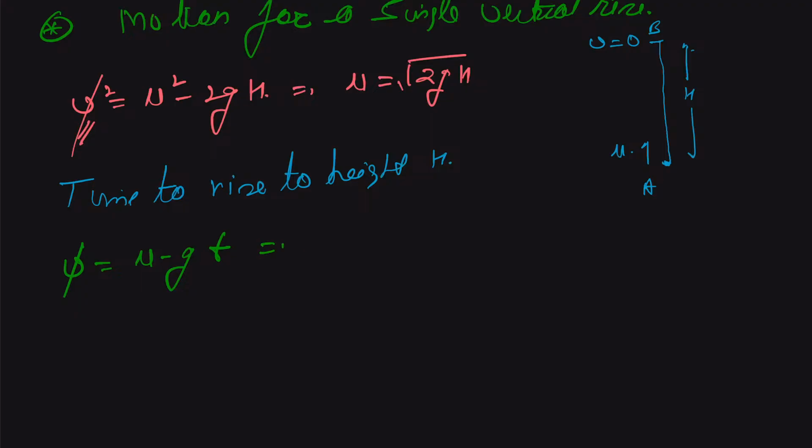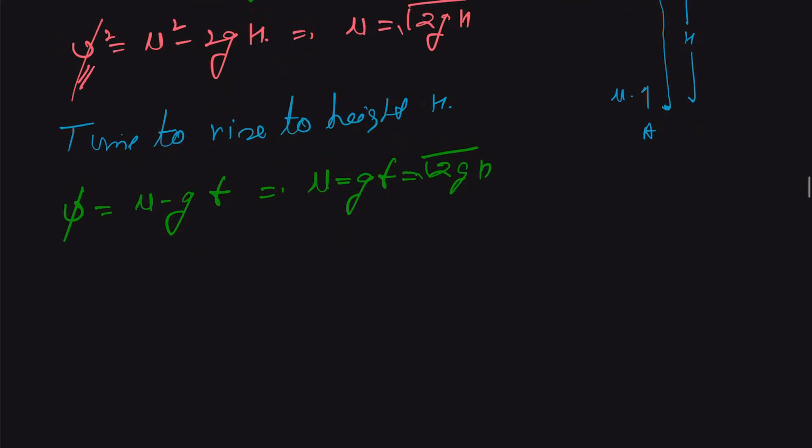So from here we get U is equal to GT. U is the square root of 2GH, and therefore we can write from here that the time taken from A to B,